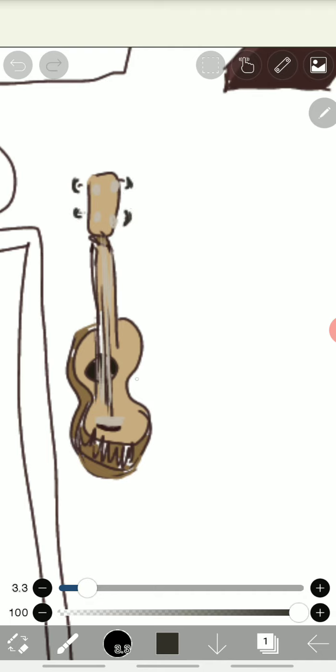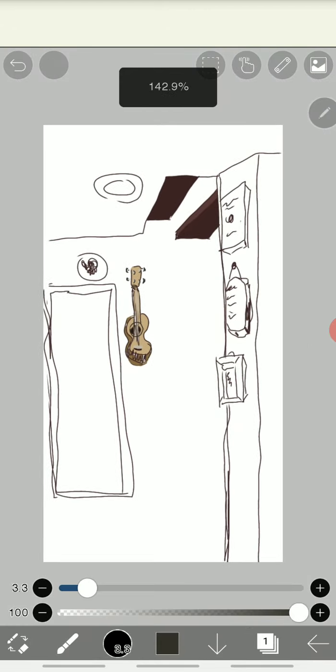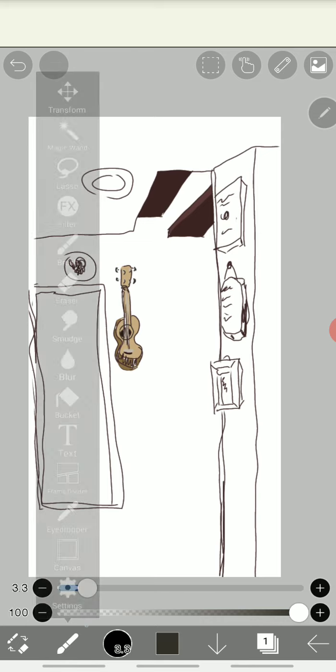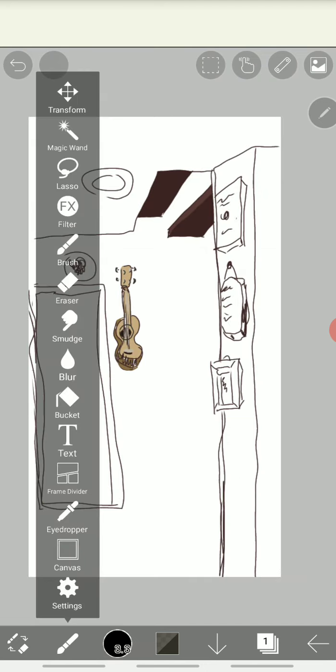I might be getting into the details of this a little too much. Sometimes it's super fun just to play around with this and make it look really cool. So I'm going to 2-finger pinch this back to a place where I can see it more, and I'm going to grab a brush here, same brush, but I'm going to lower the opacity. Opacity means how transparent it is, how much you can see through it. And so,